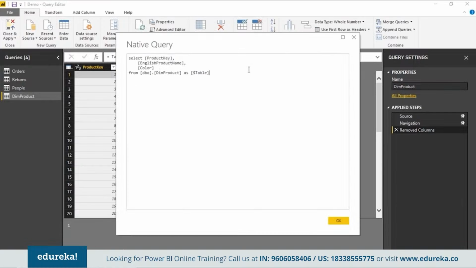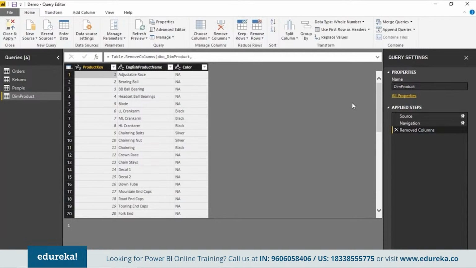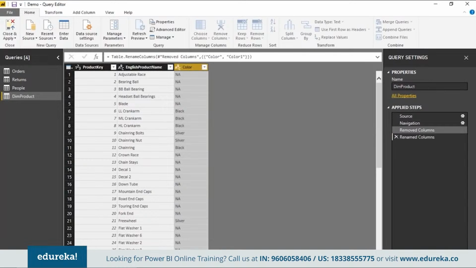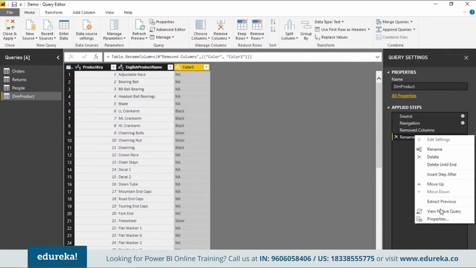It's a very powerful feature, and what it means is that when you're getting the data into Power BI, you're not going to get all those 50 columns, right? If you need only 3 columns, then Power BI will bring in only those 3 columns. As I said, it's a very, very powerful feature, and it not only works with removing columns. You can see that at this layer also, if you go to View Native Query, it actually gets renamed as an alias gets applied.